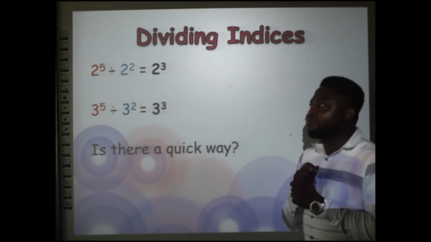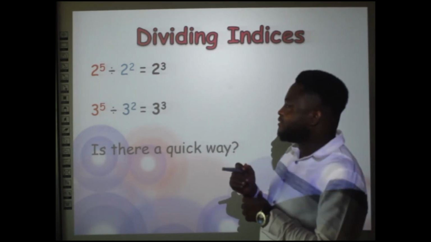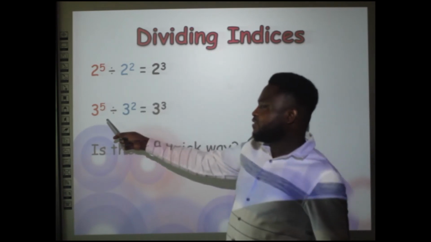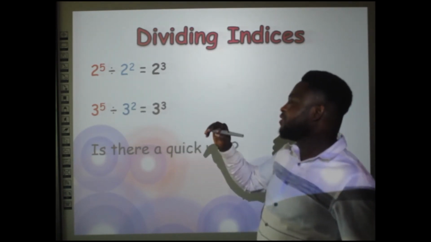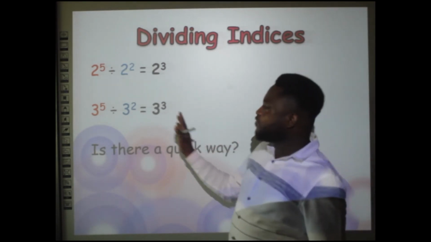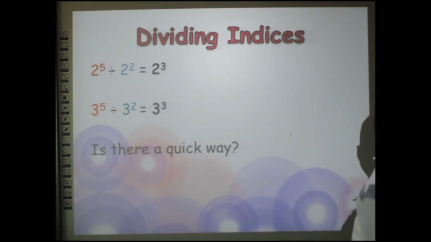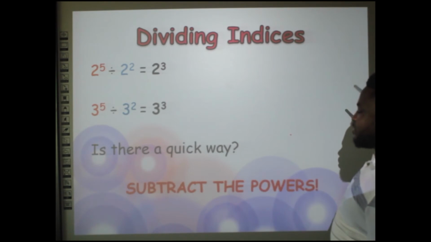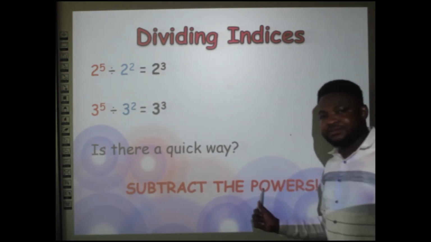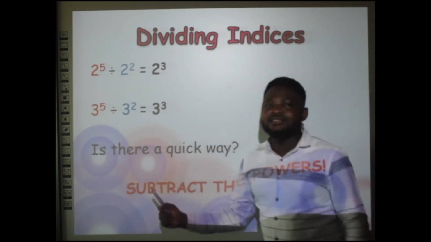Now, if we decide to write out what we have in the previous slide, remember this was the question. We got this. For the second one, we got this. Now, is there a quick way from what we observe here? Of course, there is. If we compare the two solutions we have, what do you observe? You subtract the powers. Okay? You simply subtract the powers, because if you look at this,